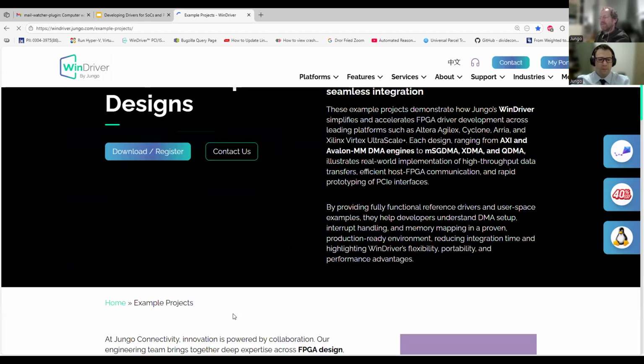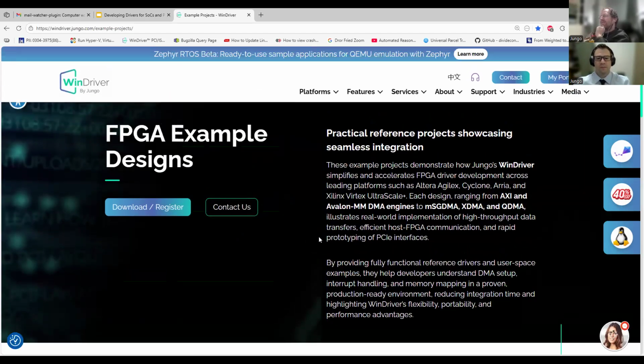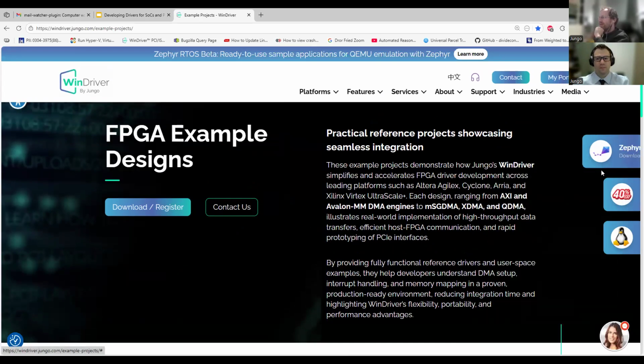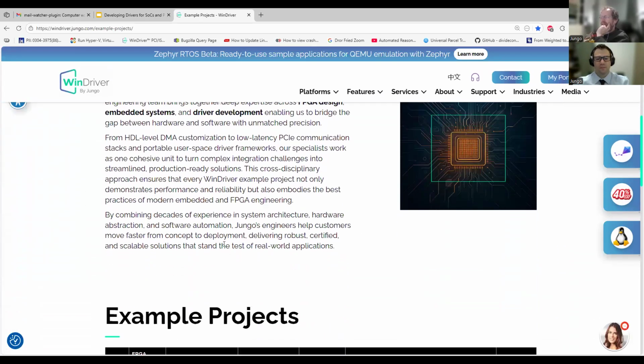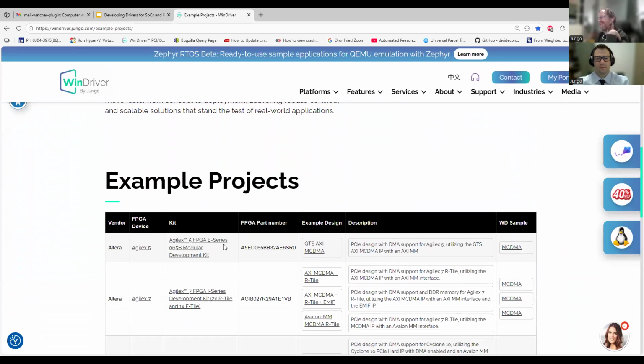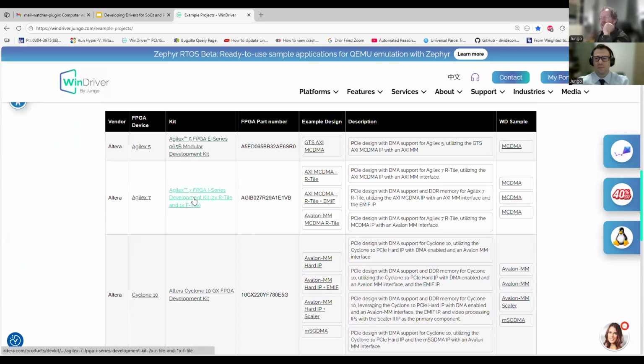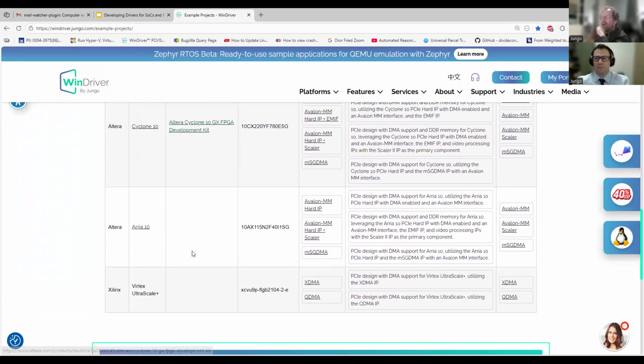So let's click that. And here we get a number of projects that we've made for you in advance. You will be able to download these example designs for Altera Agilex 5, Agilex 7, Cyclone 10, Arria 10, and AMD Xilinx Virtex UltraScale+, both XDMA and QDMA.